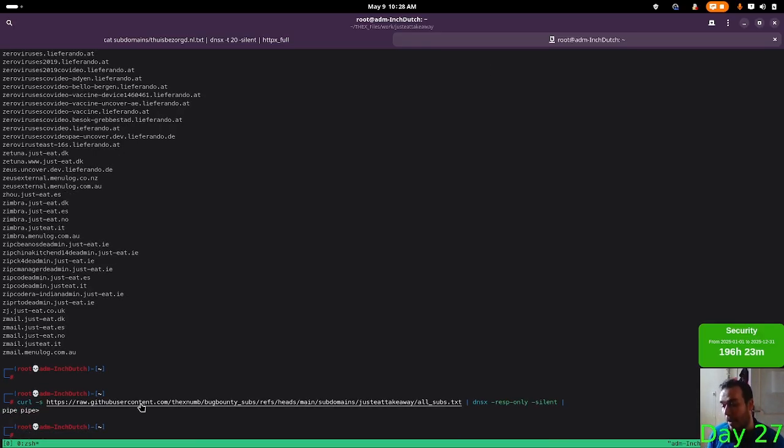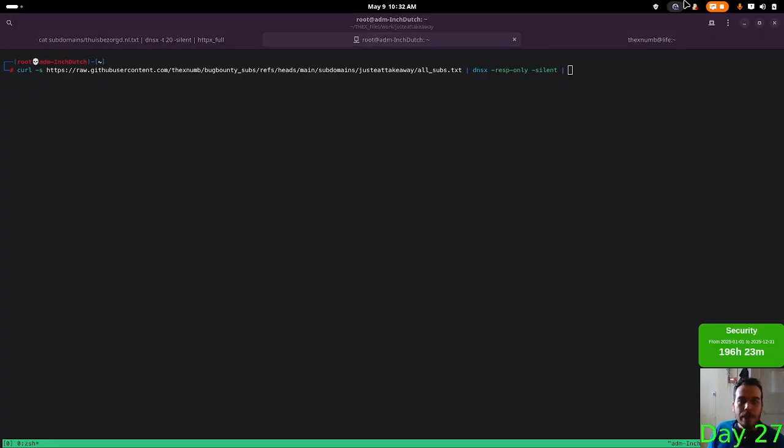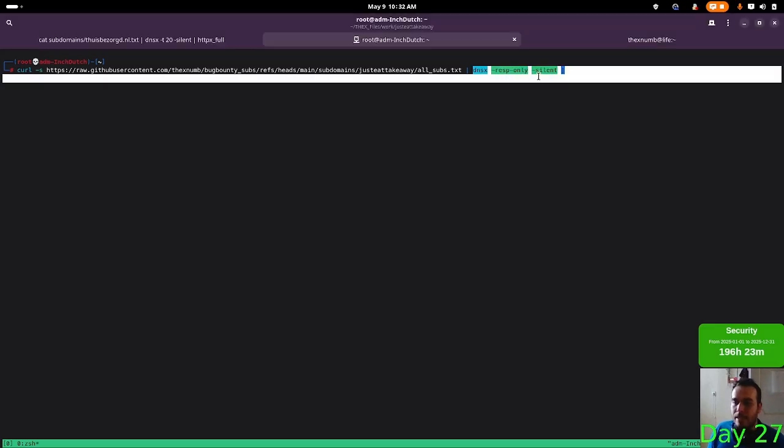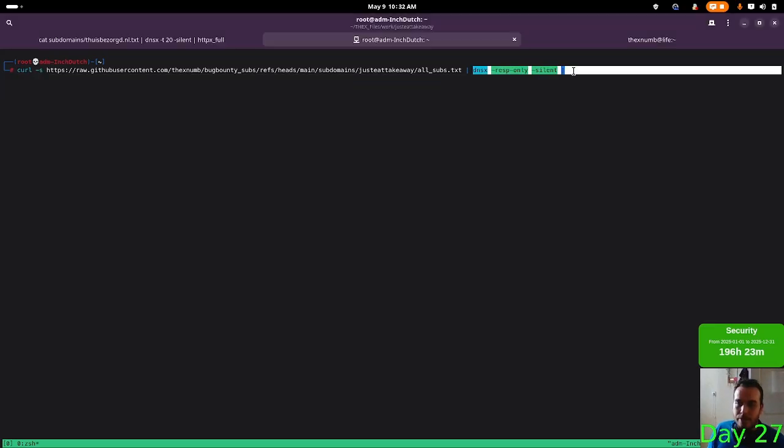What we should do for now, let's pause the video, and I'm going to add my functions into the remote SSH server, and I'm going to show you what I'm going to do. After I add my functions, after doing dnsx resp-only silent, what we should do,